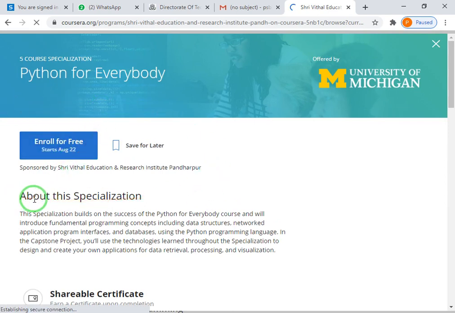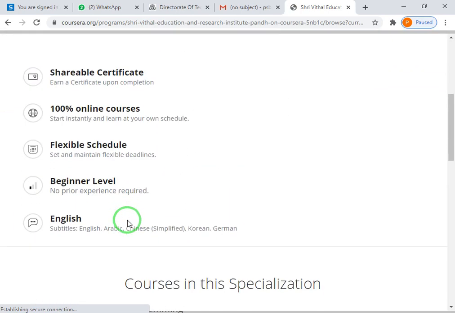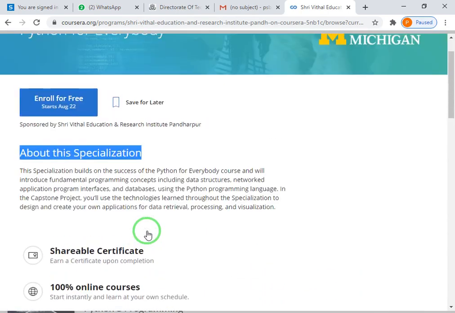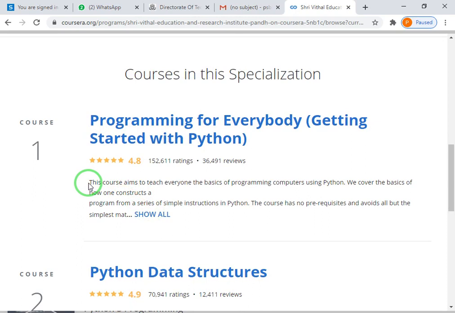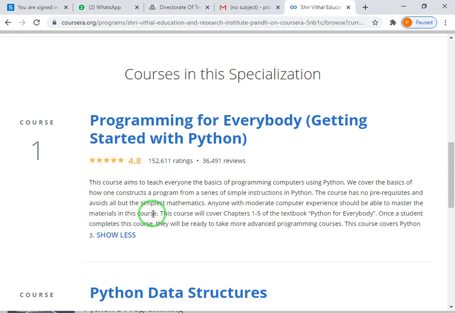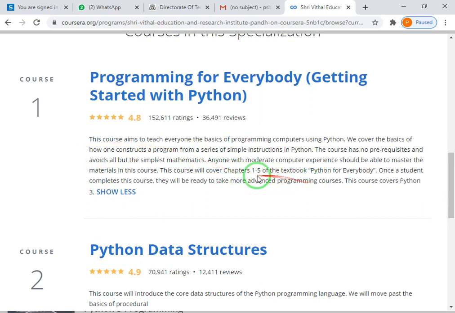Some information about that course is displayed about this specialization, and what is there in it is also provided. Python programming for everybody: this course aims to teach everyone the basics of programming computers using Python. We cover the basics of how to construct a program from a series of simple instructions in Python. Click here, it will show you the information regarding your Python.